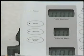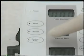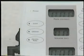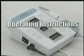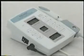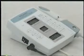Please note that there is a double rate button also located on the control panel. This operates in the same manner as the double rate button in the handpiece. Now that we have introduced you to the CCS controls, let's walk through the basic operations common to every injection